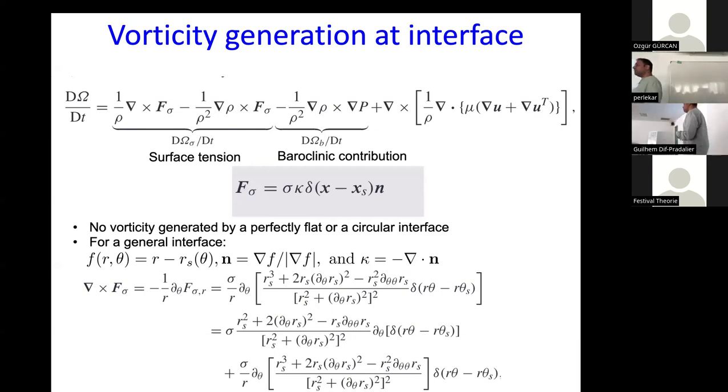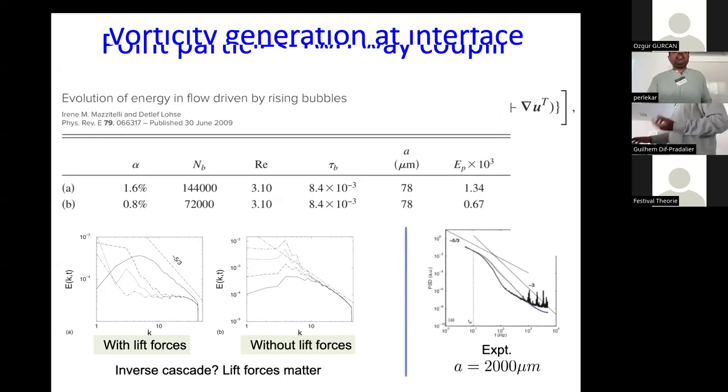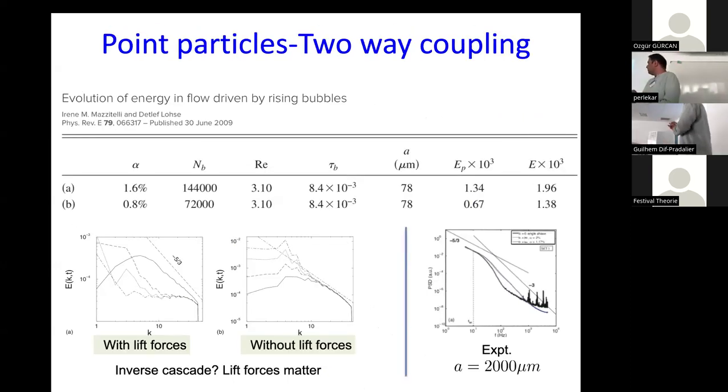The thing I would like to emphasize is that even in a simple system, it's very easy to appreciate that if you have a density contrast and an interface, you could have vorticity generation mechanisms. On the other hand, the simpler explanation by Lance and Bataille completely ignored all these things, right? So then you would like to understand, okay, are all these things relevant or not?